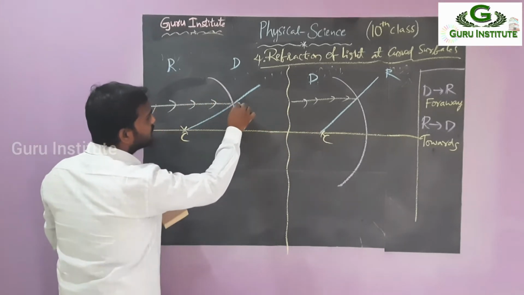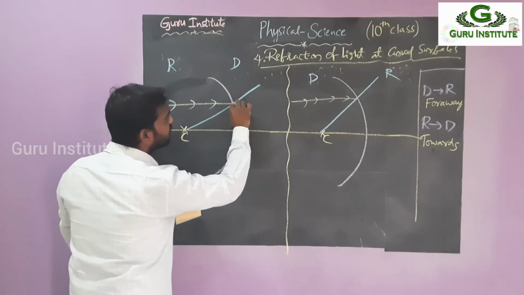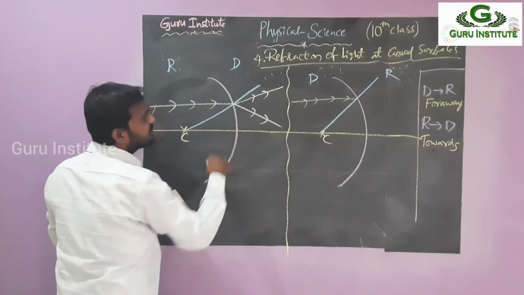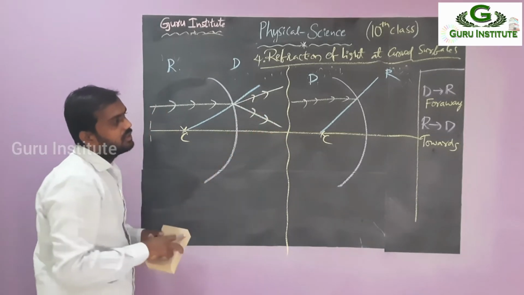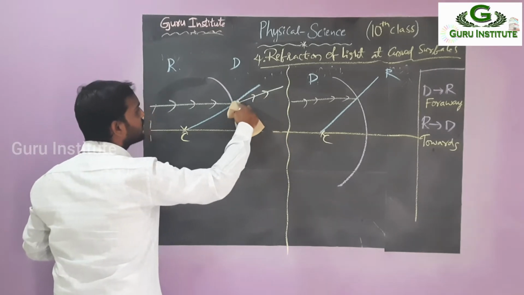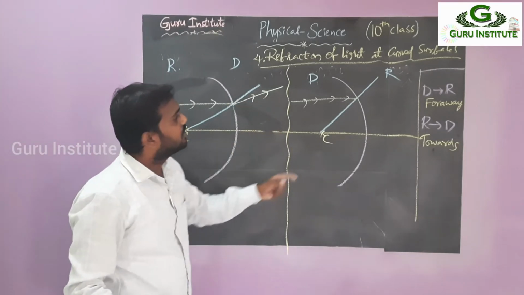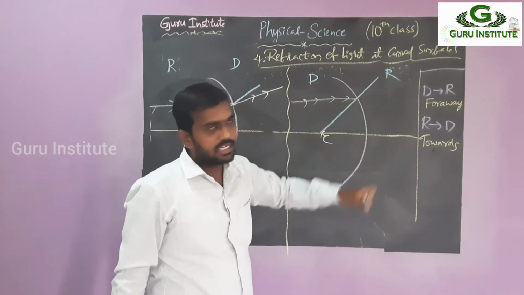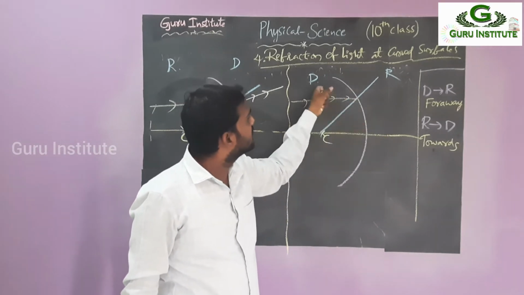Towards the normal means I am drawing the two cases. See here. So which one is correct? You can tell me. First case, second case. Which is correct? First one or second one? What we are taking is towards the normal. So this is towards the normal. So this one is wrong. So actually you can apply here. The above part is the first medium. The below part is the second one. Where it says normal, so this is denser to rarer.